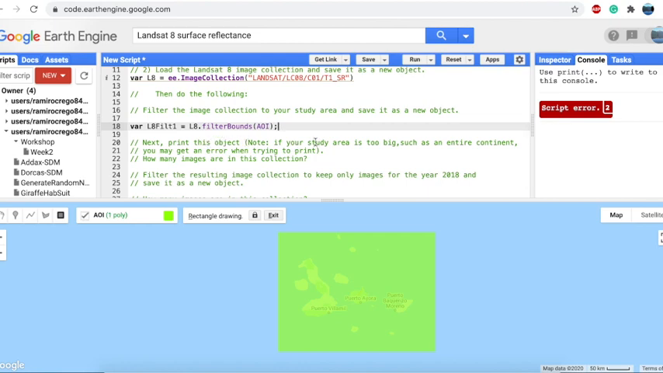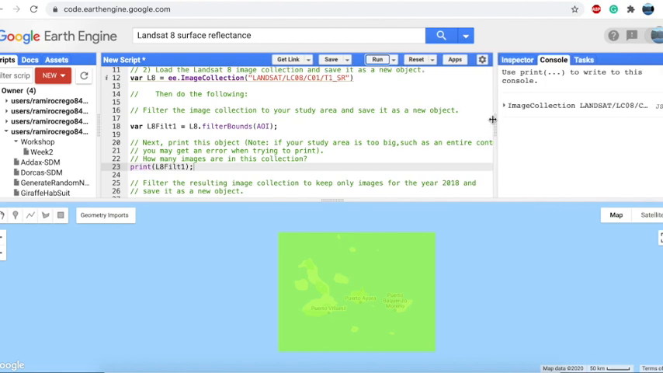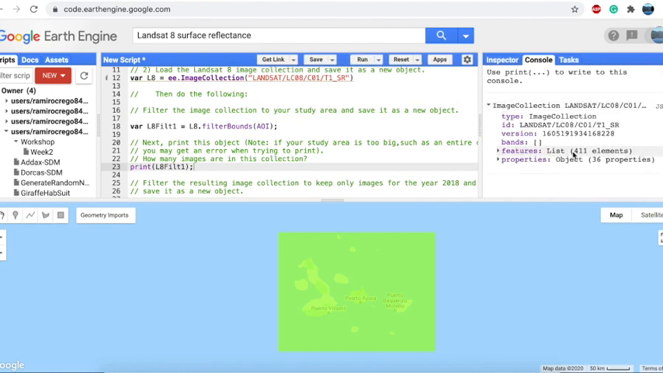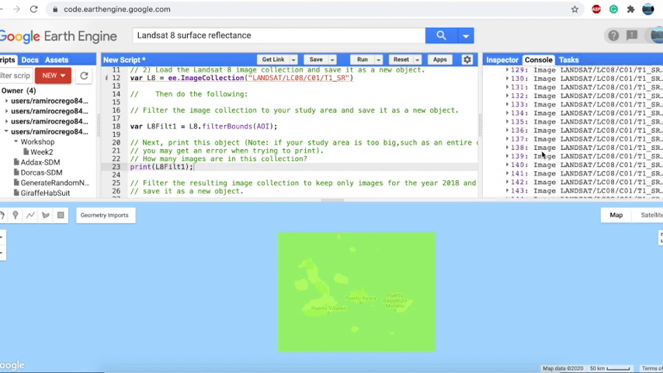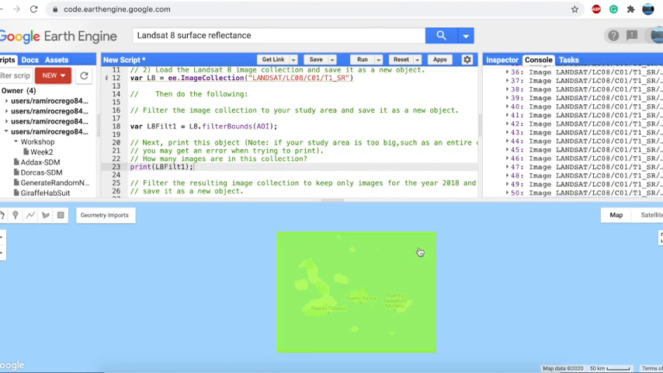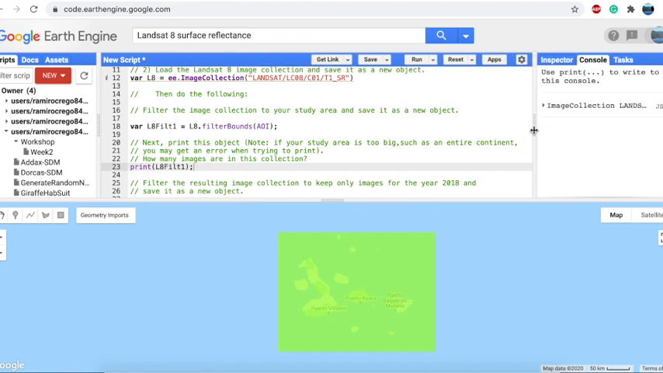Now it's telling me to print this object, and we're going to print it and see how many images we have in that object. So now we see here it is printing an image collection, that's correct, and we have 411 images. So if you open here features, you can inspect every single one of those images. Fantastic, that's a lot of images. Remember that if your study area is too big and the list of images is too large, then you may get an error because Earth Engine won't be able to print such a large object. Moving on,